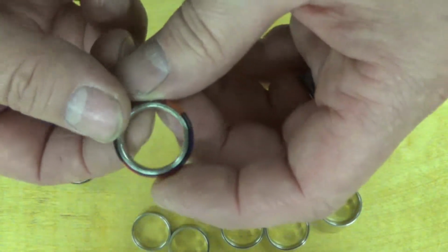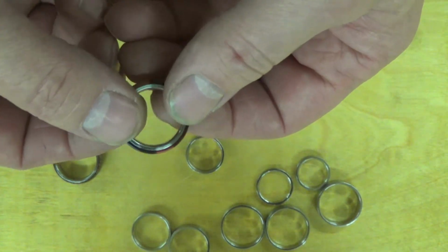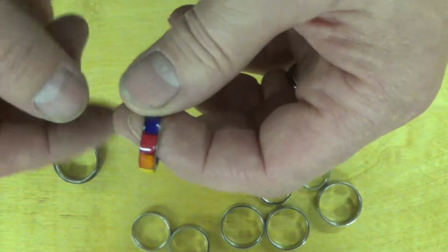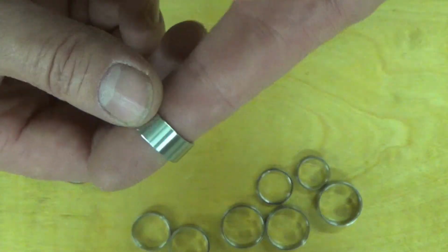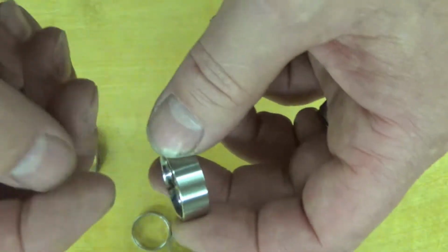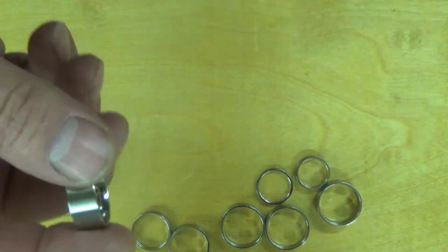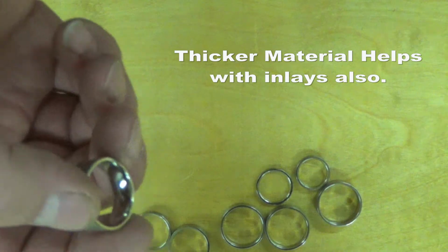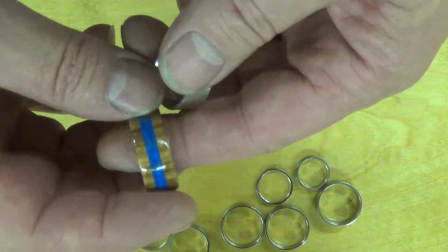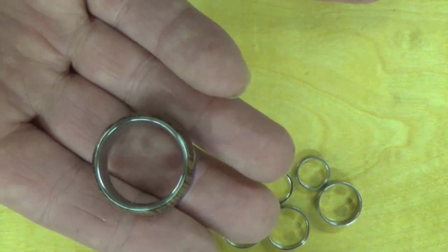Here's another ring where you can see how thick the band is and how thin the material is. This makes the ring look big and bulky on your finger. What I've been doing is taking about 0.5 millimeter off the outer diameter of the ring. It gives me a lot more to work with. I can leave more material on the ring, or I can take more material off to make the ring feel thinner, feel lighter on your hands